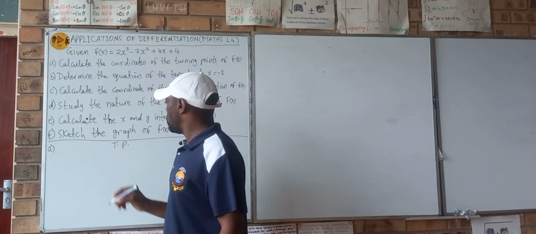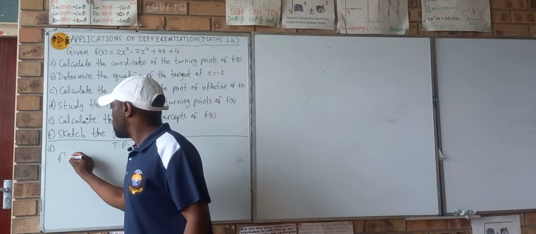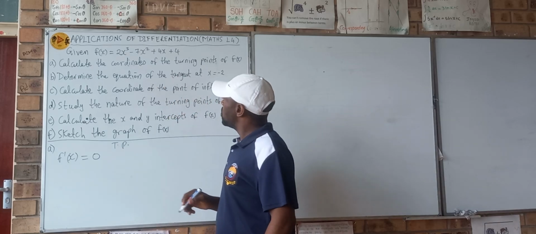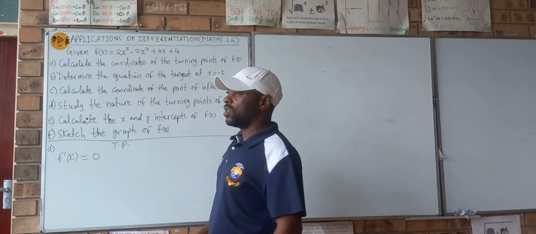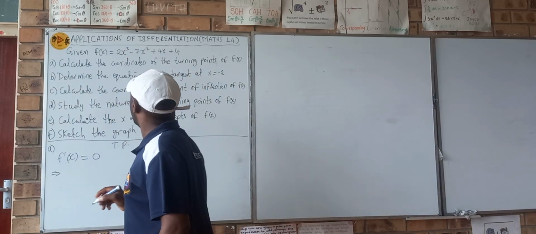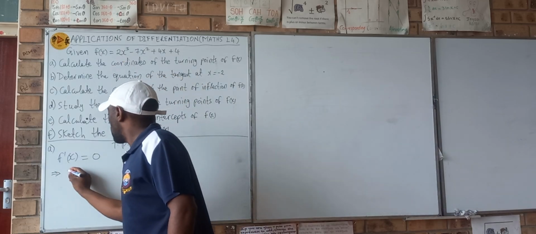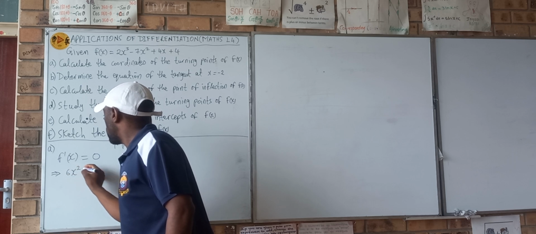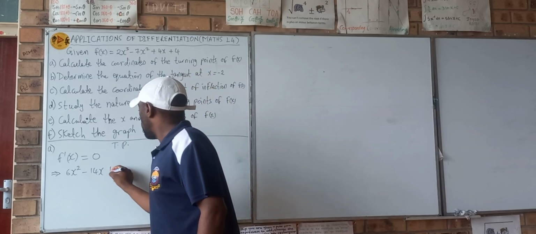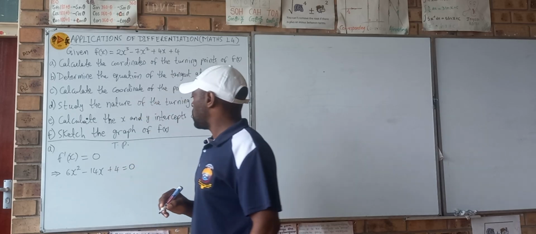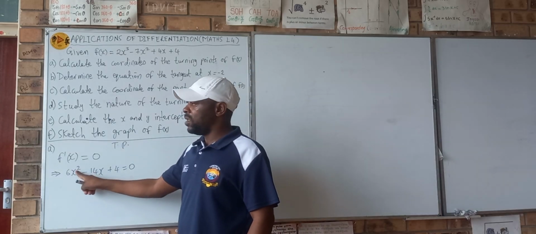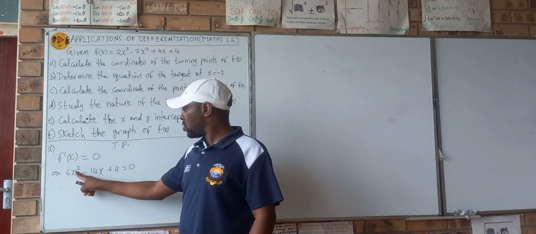So the definition of turning point says our first derivative must be equal to 0. So that means I'll differentiate that function once. If you differentiate that, you will get 6x squared minus 14x plus 4 equal to 0, which of course is a quadratic equation, and the degree, which is the highest power of x, is indicating to me that I must